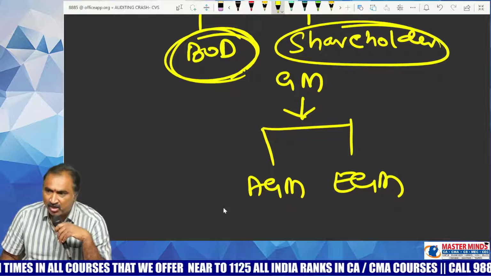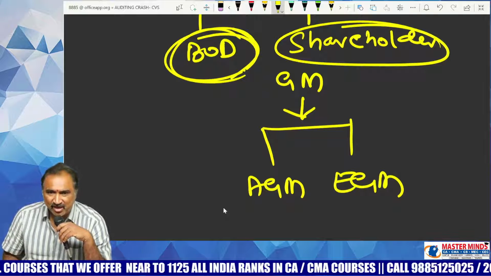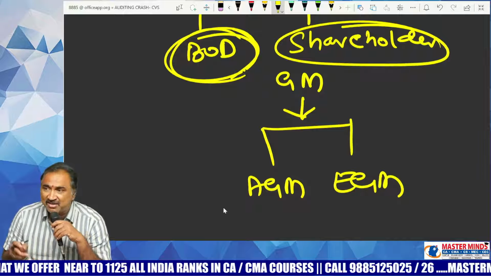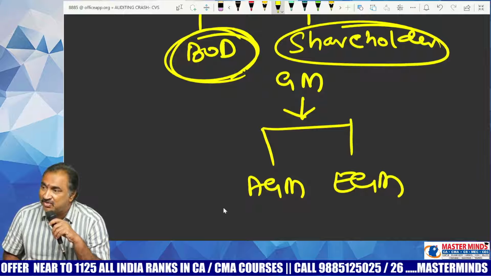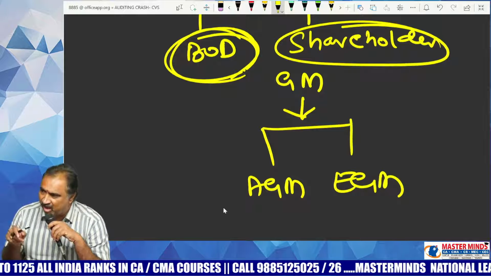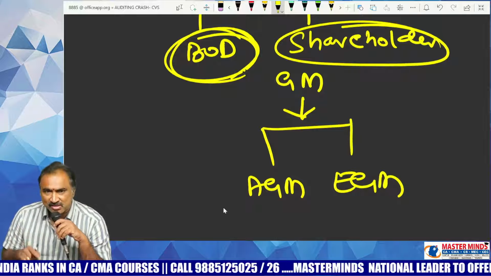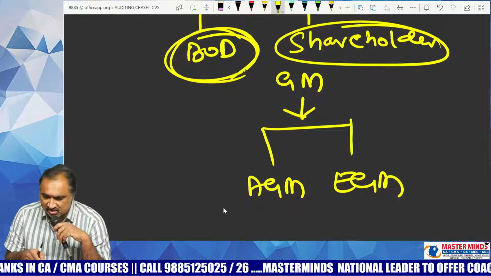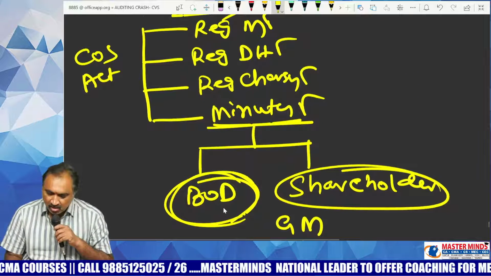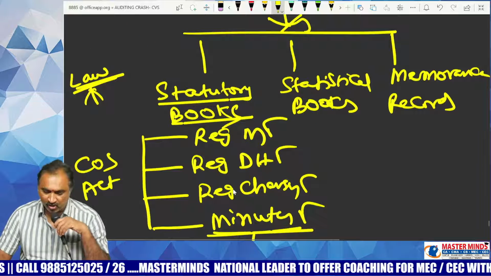In future, we will come across some audit procedures wherein the auditor is required to review the minutes of the meetings of the board of directors or minutes of the meetings of the shareholders. If you want to review the minutes of the meetings of the board or shareholders, first of all, you should be given a right to have access to such minutes. That is the reason why I am clearly specifying that minutes include both the minutes of the meetings of the board of directors as well as the shareholders.